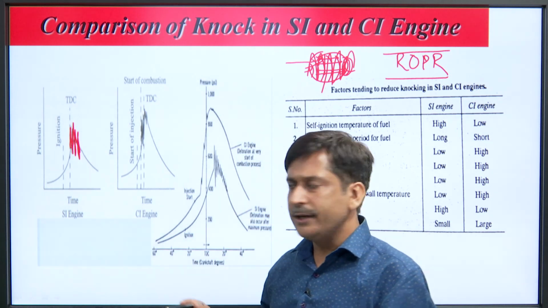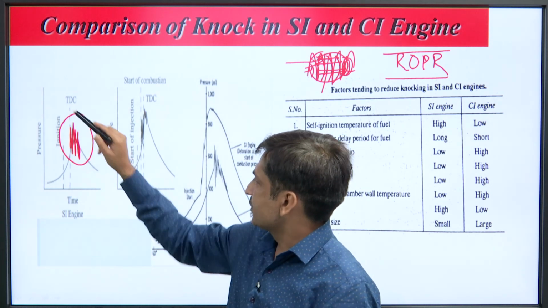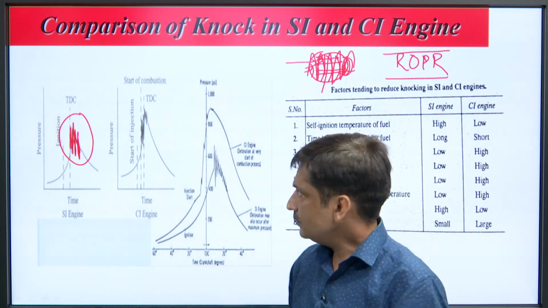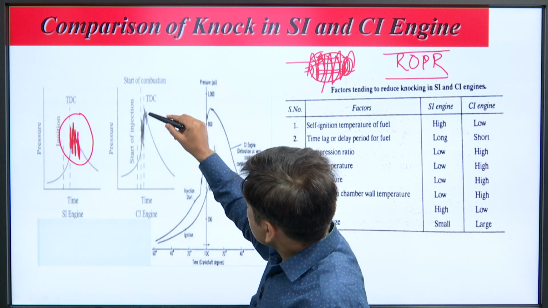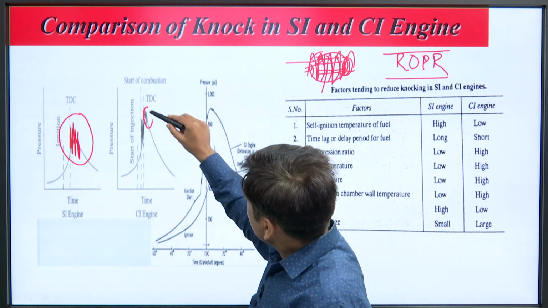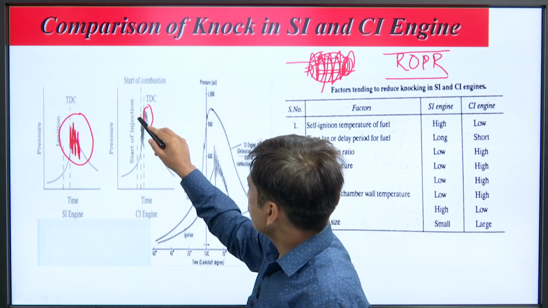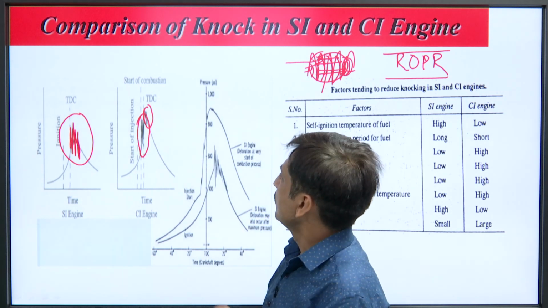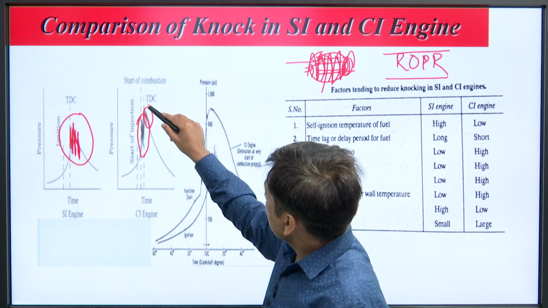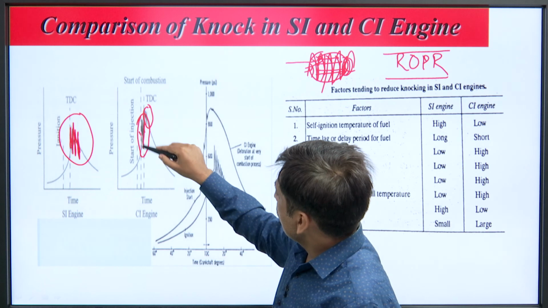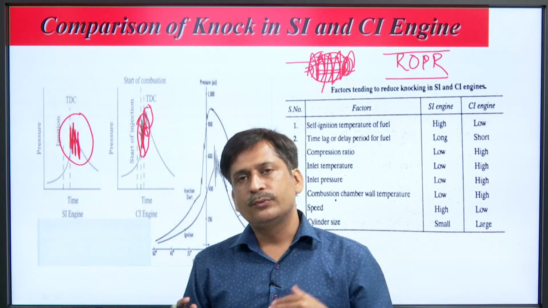So, in detonation it looks like this in an SI engine, but in a CI engine the pressure pulses are after peak pressure and before peak pressure also. This is not desirable, but it will always be there and you cannot minimize it,